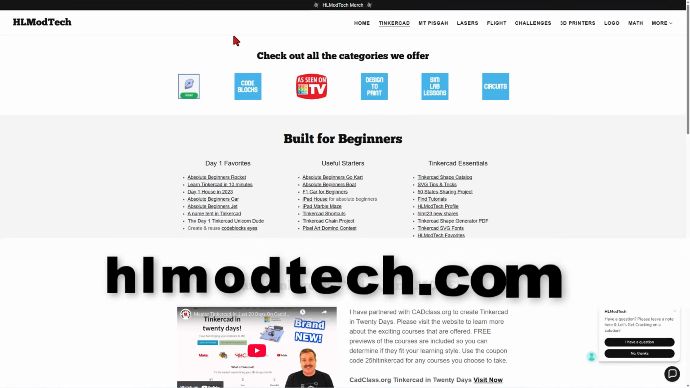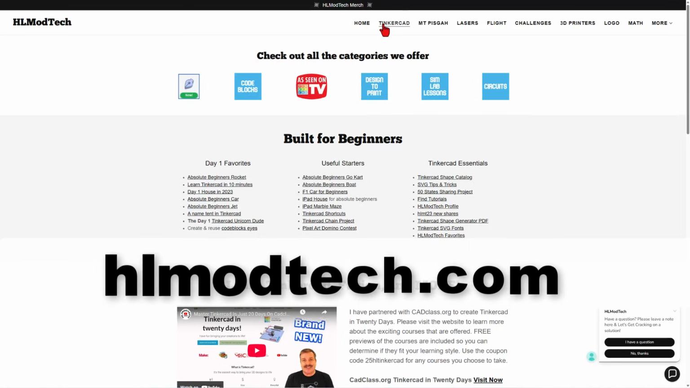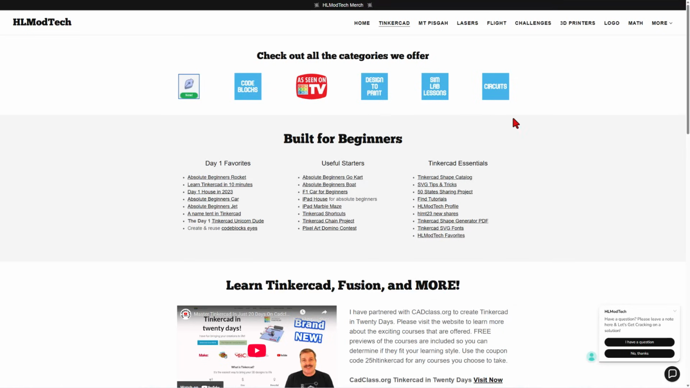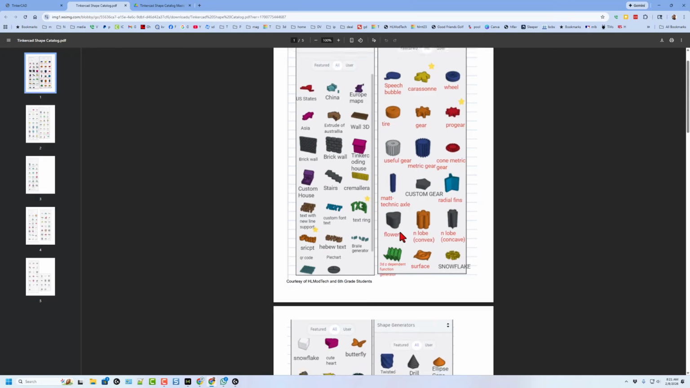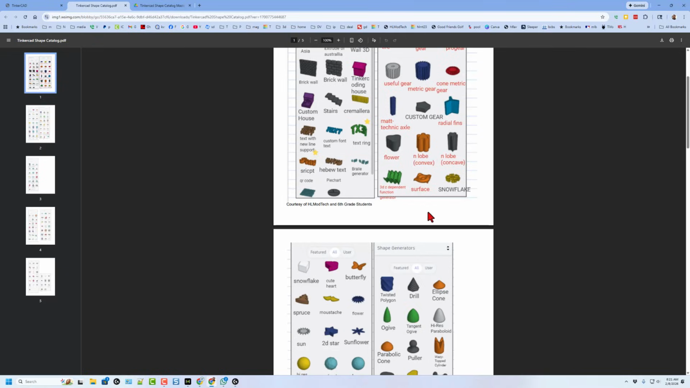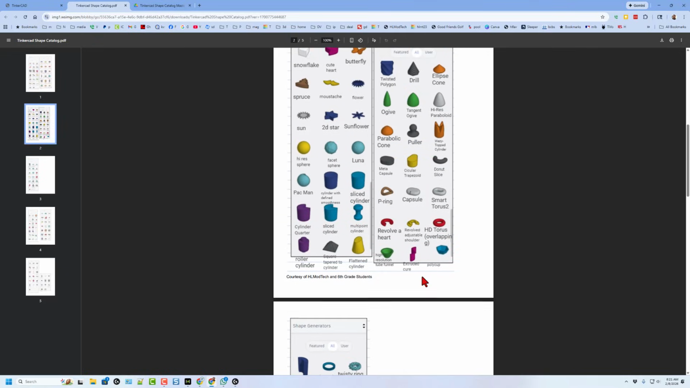We'll start at my website, HLModTech.com. I've got a page dedicated to Tinkercad. Tons of categories, day one favorites, useful starters, and the Tinkercad Essentials. Of course, there is the Tinkercad Shape Catalog. This is an awesome spreadsheet with all the shapes, but I want to use a shape generator. It highlights a boatload of shapes that have parameters that we can adjust, and it also leads me to one